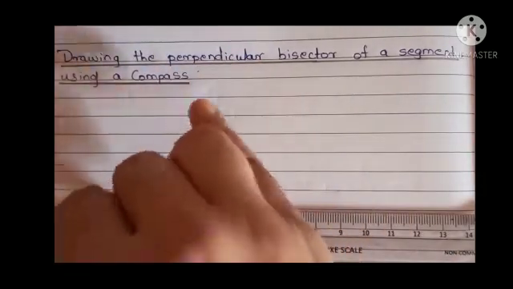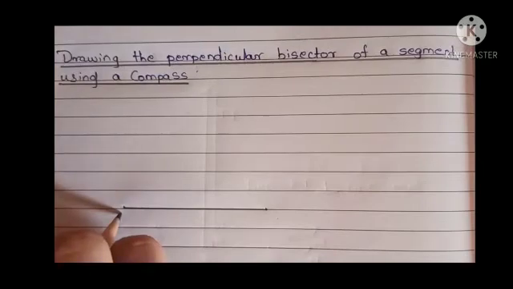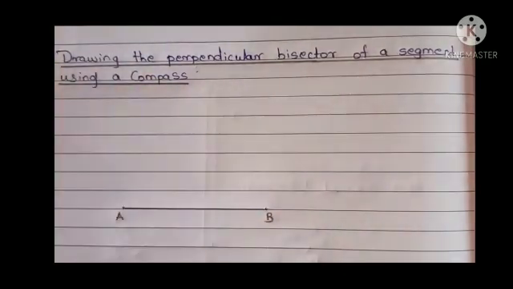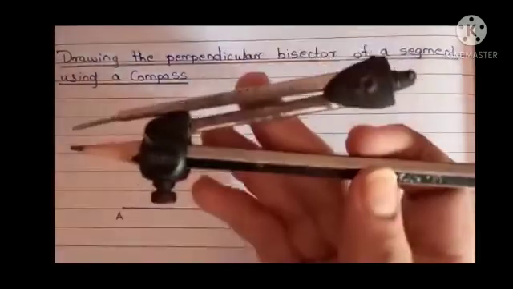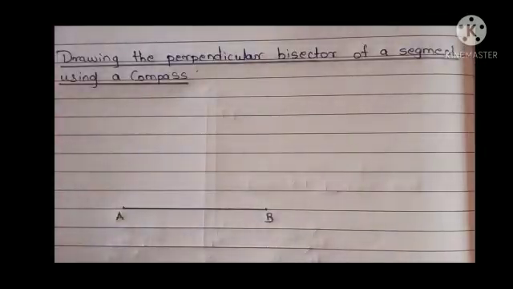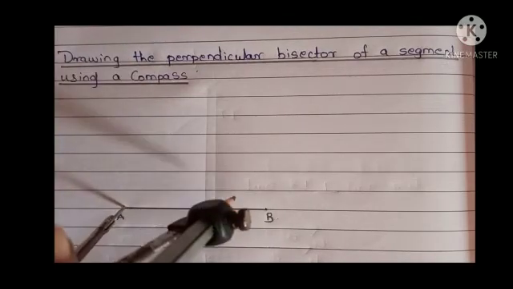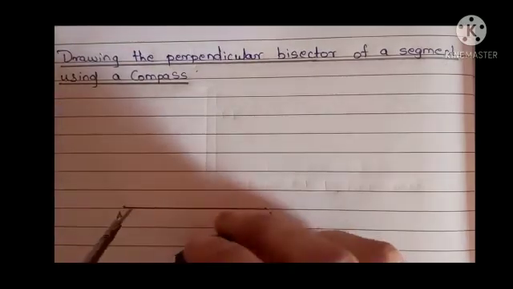This is a line segment AB of 6 cm. Now take the compass and place the compass point at A, and taking a distance greater than half the length of segment AB,